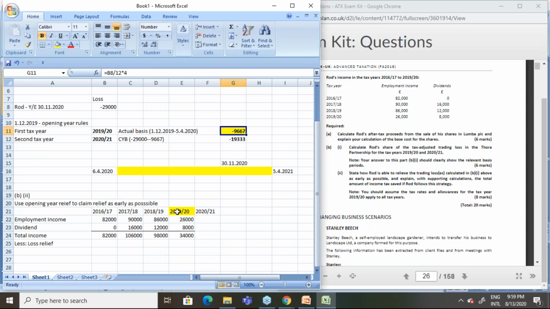So you can claim the special opening year relief, where you can carry back the loss for a period of 3 years and set off against total income according to first in, first out basis. When you say first in, first out basis, you have to start with 16-17 first, then 17-18, finally 18-19. However, your loss is only 9,667. Therefore, the full amount, you can set it off against 16-17 total income. Loss relief